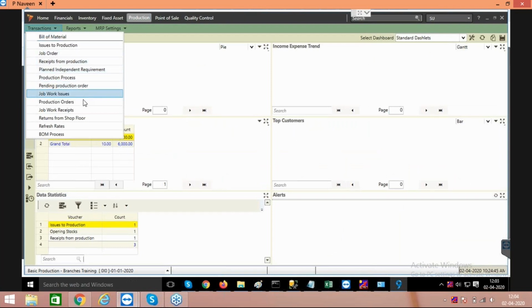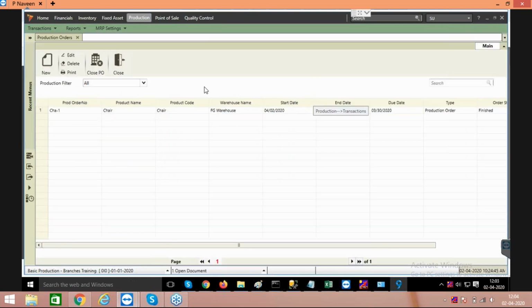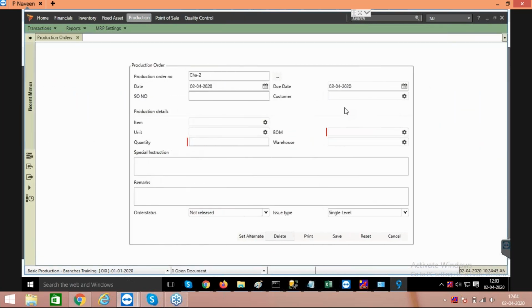Okay, now moving on to production order. So this is the screen wherein you are going to enter the production order. This is quite simple, you have to manually type in. So here